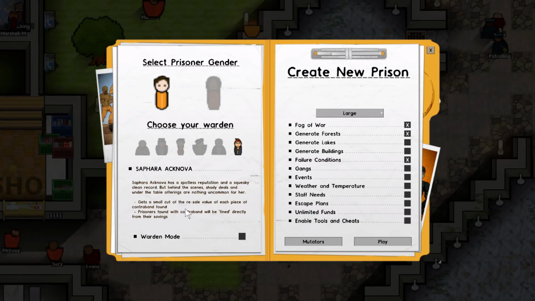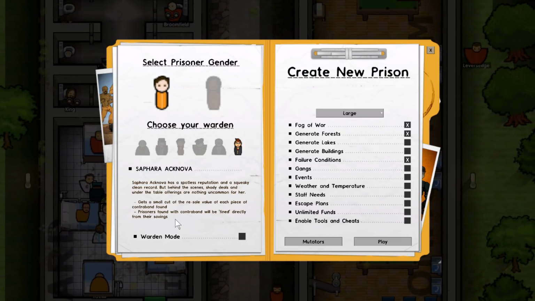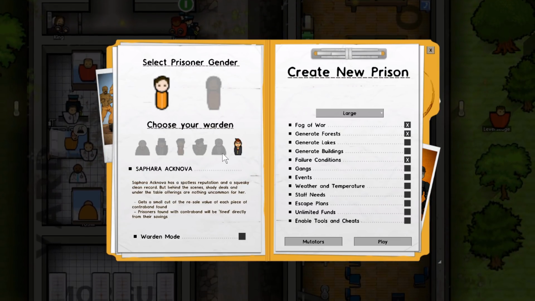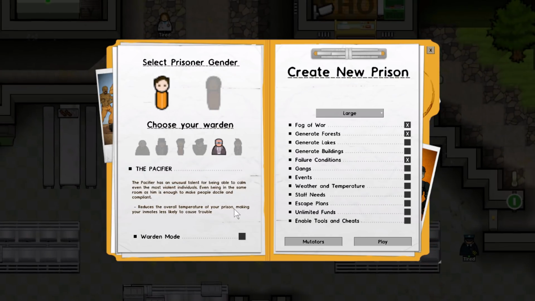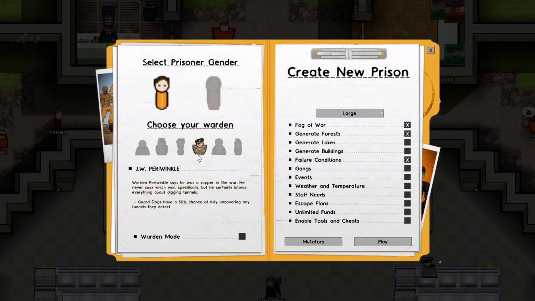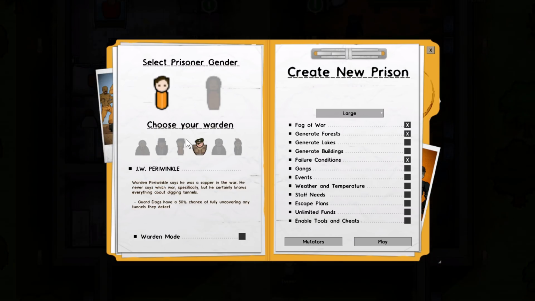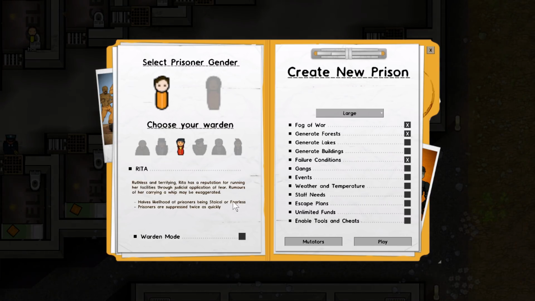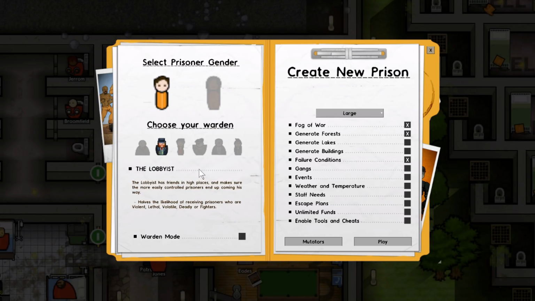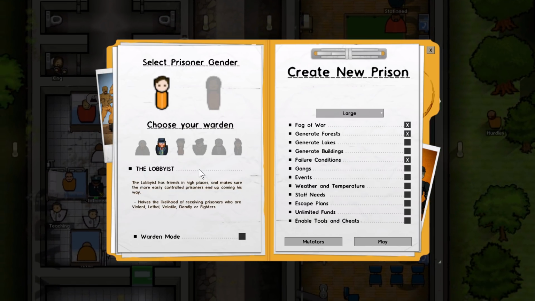Safara will get a small cut of the resale value of each piece of contraband found, and prisoners found with contraband will be fined directly from their savings. The pacifier will reduce the overall temperature of your prison, making my inmates less likely to cause trouble. Periwinkle will give us guard dogs with a 50% chance of fully uncovering any tunnels. Rita will cut the likelihood of prisoners being stoical or fearless in half, and prisoners will be suppressed twice as quickly. The lobbyist will halve the likelihood of receiving prisoners who are violent, lethal, volatile, deadly, or fighters, and the